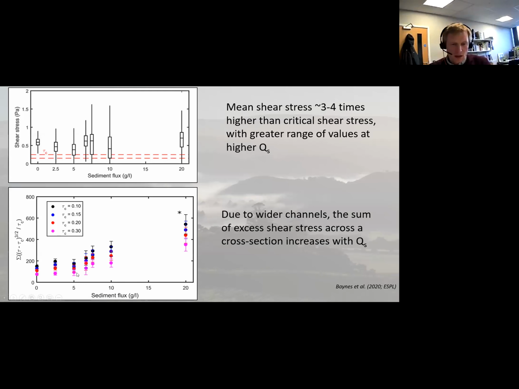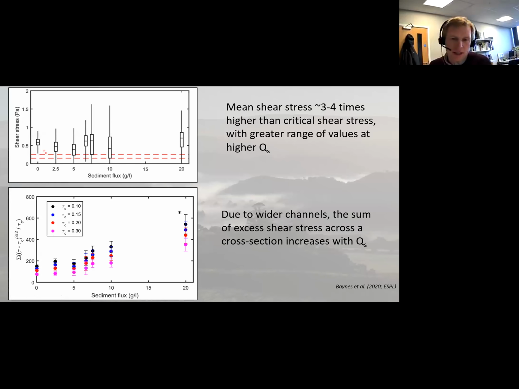Interestingly, it seems to be relatively constant at a low discharge between 0 and 5 grams per litre, and then we start to see an increase above 5 grams per litre. And this also corresponds with observations from the images. It's above 5 grams per litre that we start to see the bed completely covered by sediment, and below 5 grams per litre of sediment coming in, that's where we